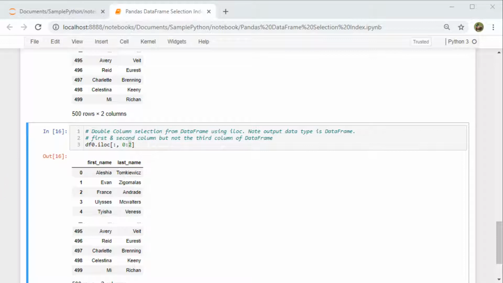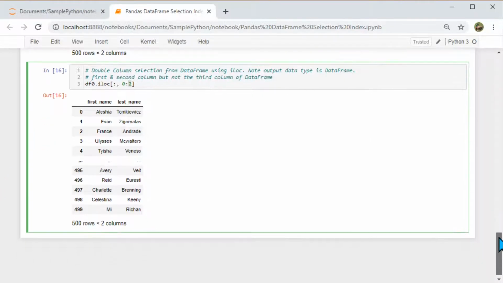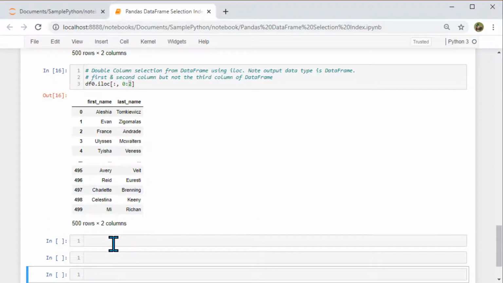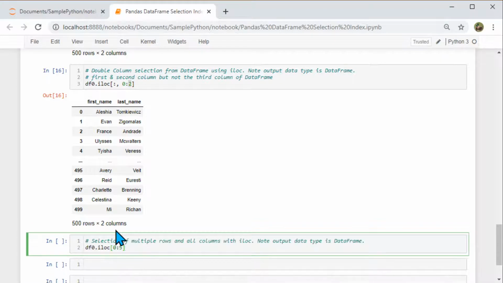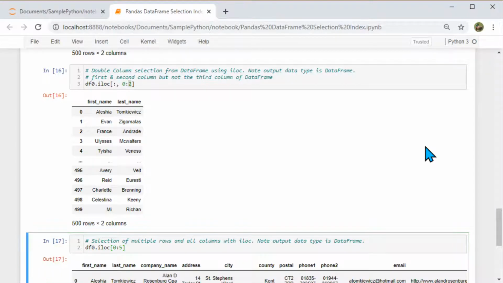Okay, now if I have a statement something like this, I say iloc 0 colon 5. So I'm not specifying anything about columns. That means it's going to show all the columns, and I want to show rows starting from the first row, going all the way, 5 of them. So let's see how the output comes up.